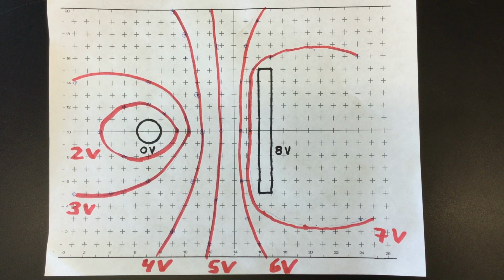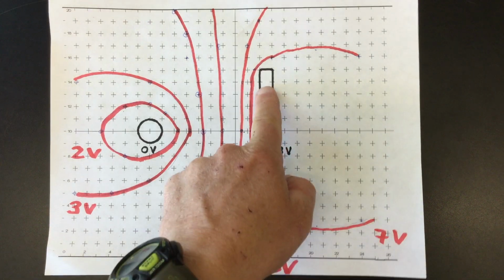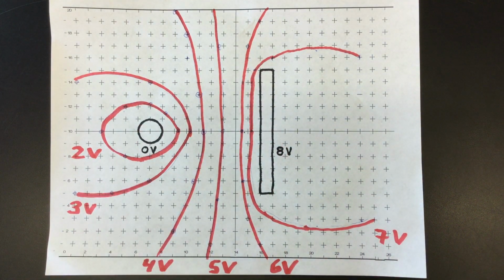All right, we're going to take a quick look at lines of constant voltage, or what are called equipotentials, or more generally, isolines. And so what we did in this experiment was we set up a battery such that there were 8 volts applied on this big metal electrode over here, and the negative end, or we'll say 0 volts, on the other